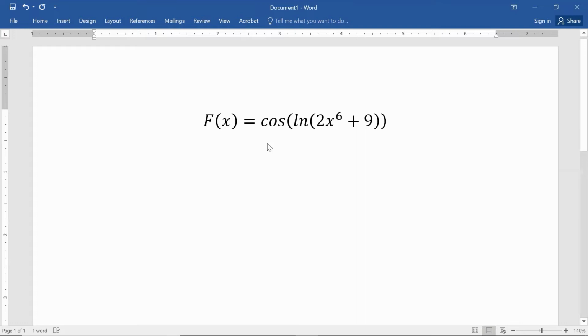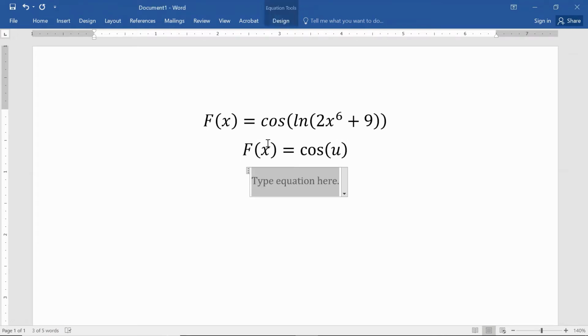First off, I want you to be able to see this F of x as really just a cosine of a u. And that means that if we were to take a derivative, F prime of x, we're going to get negative sine of u